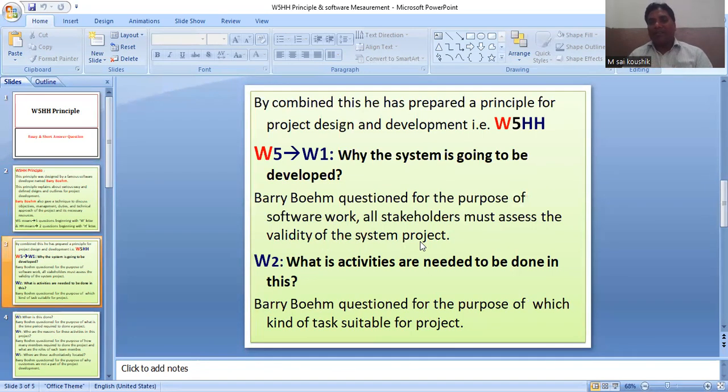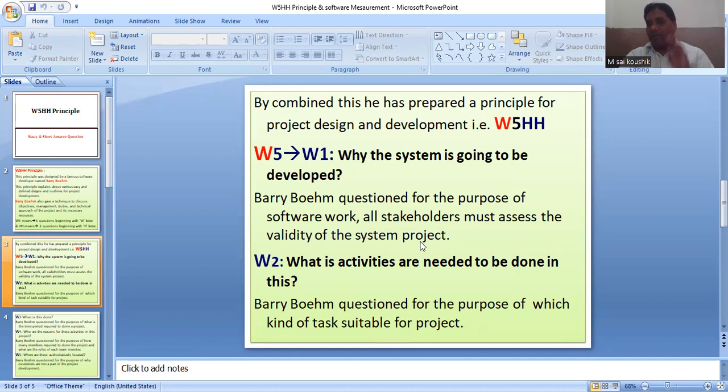They have to imagine whether my software is useful or not, whether it is valid for a long or short term, and how much time this software will be used. After completion, the stakeholders will imagine how long this software can run. Which configuration is suitable for this software? Everything is questioned in W1: why is the software or system going to be developed?